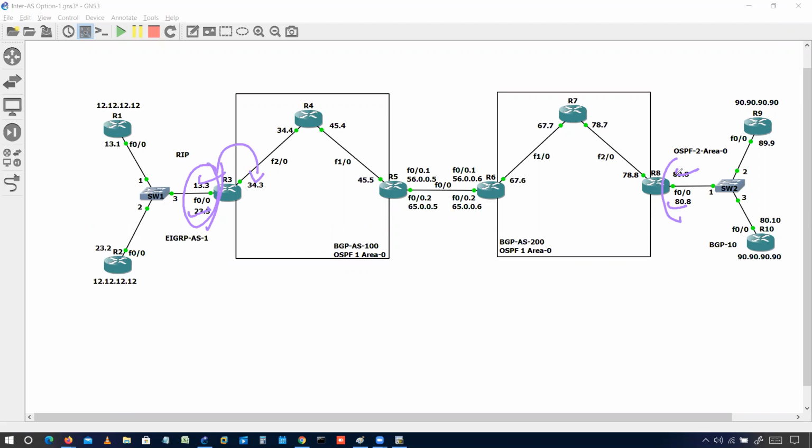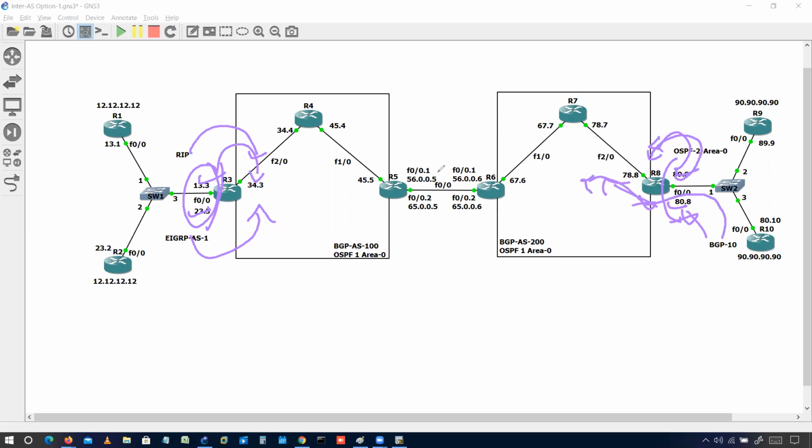Same here, we have to make sure those routes are available for BGP. And for that, we have to do a redistribution in BGP. RIP to BGP, EIGRP to BGP, OSPF to BGP, but not from BGP to BGP. Because if we have a BGP and BGP neighborship, in that condition, BGP redistribution is not required by default. That will smoothly send the routes to the BGP neighborship.